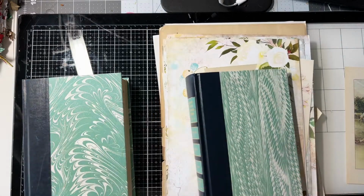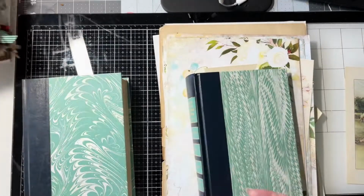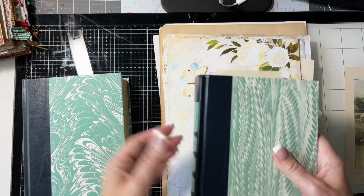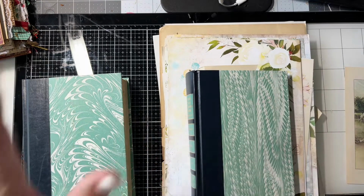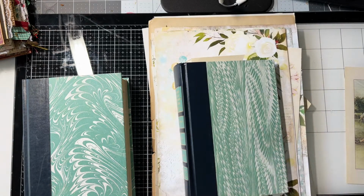So with this one, I had to totally take the whole book apart and rebuild the spine and everything. So if you can find a book that you don't have to do that and you're new to junk journaling, this is the best way to begin. You're not sewing signatures in and all that, and it's super fun to alter a book. Okay, with that, I'm going to sit down and I'm going to show you quickly